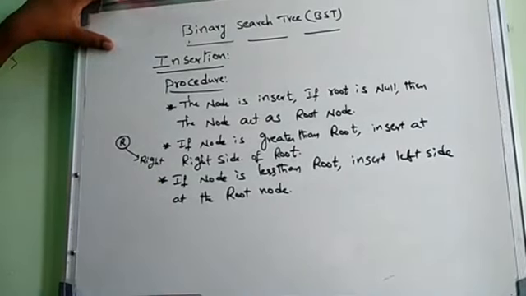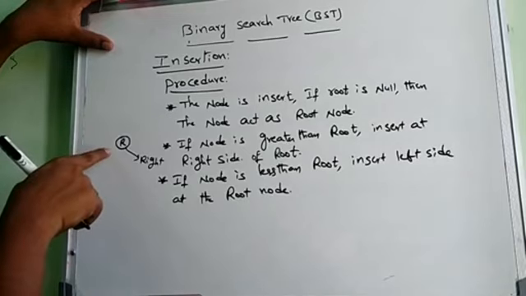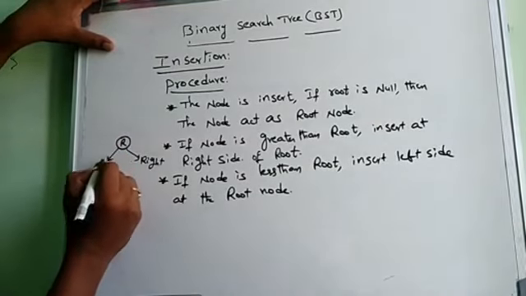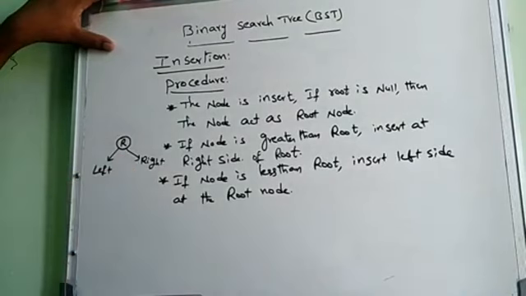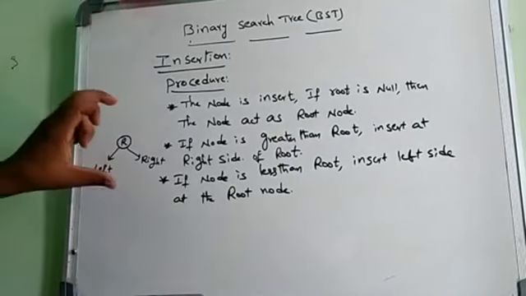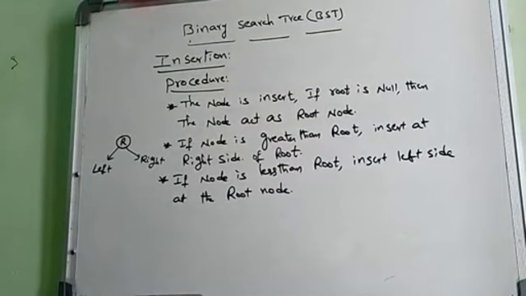The third property is if the node is less than the root. So next we are going to insert a node. The node is compared with the root node. If the current new node is less than the root node, then go to the left side. These processes continue until all the nodes are added to the binary search tree. So these main 3 points are very important before implementing the insertion of a node in the binary search tree.